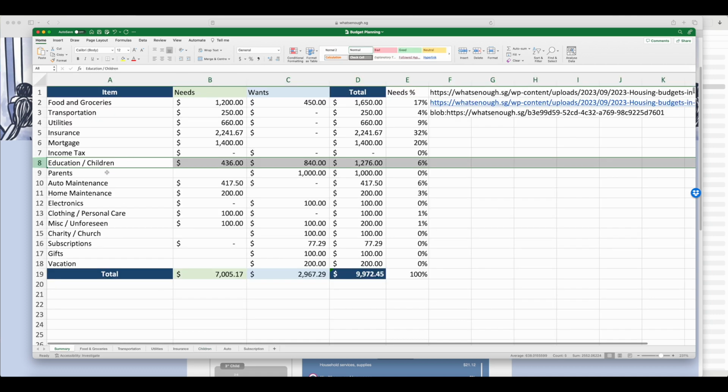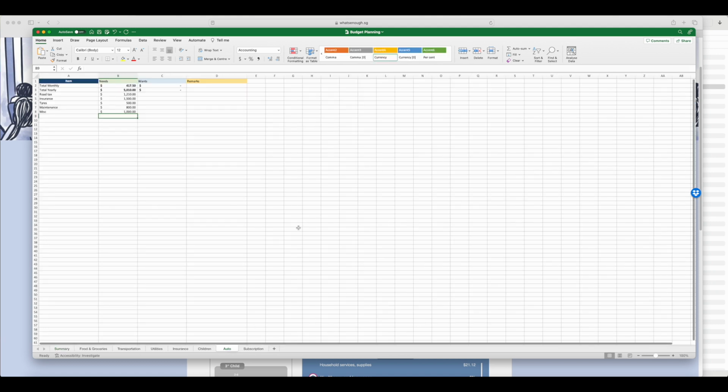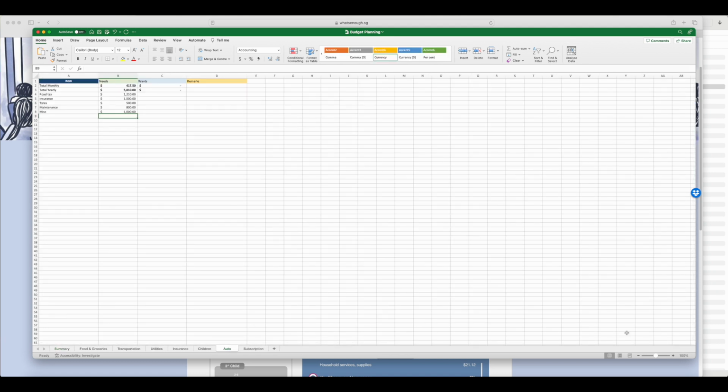Back to this, parents, so we do give back some pocket money to my mom and to my wife's parents. Auto maintenance, let's see what goes into my auto maintenance. So I have a car that's already 7 years old. I do set aside